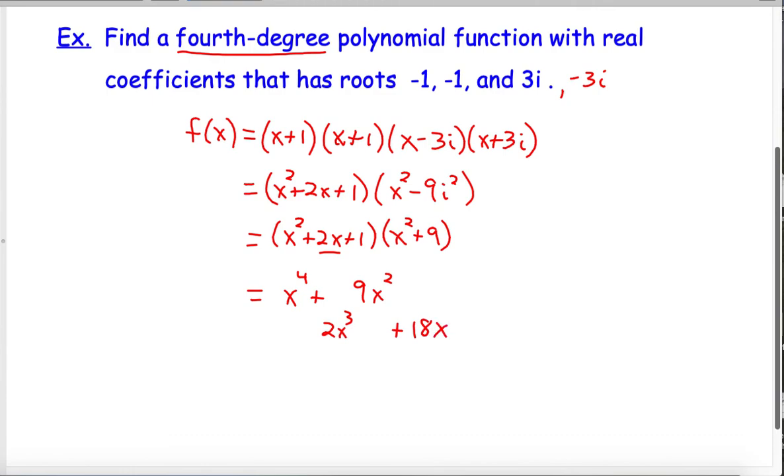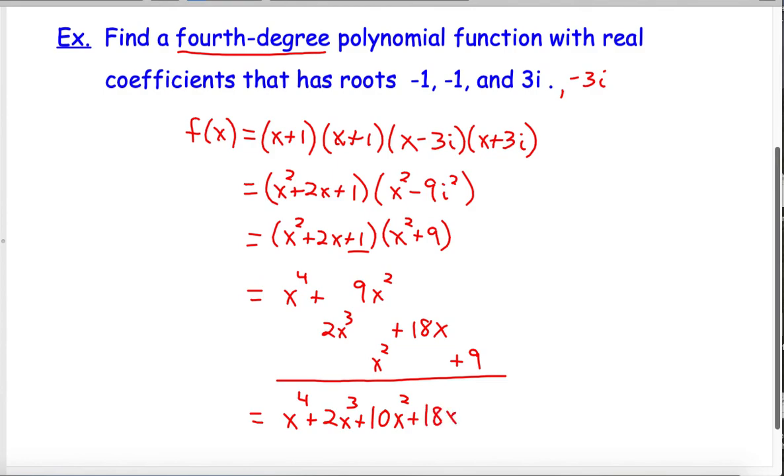And finally, I'm going to distribute the 1 with the other terms in the parentheses, and I get 1x squared plus 9. So, not many like terms here. So my final answer is x to the 4th plus 2x cubed plus 10x squared plus 18x plus 9,